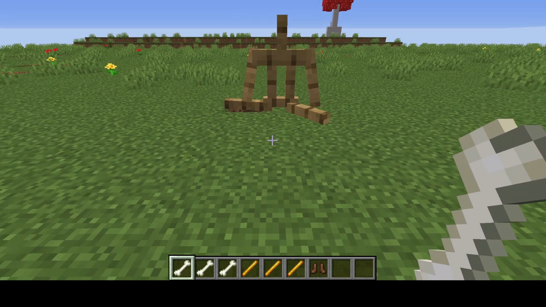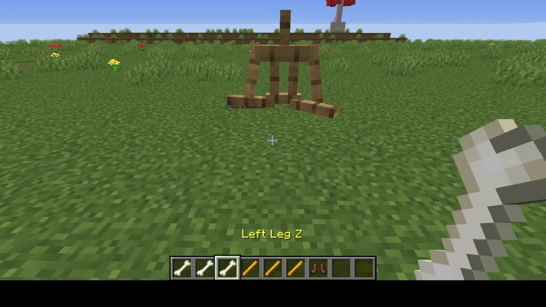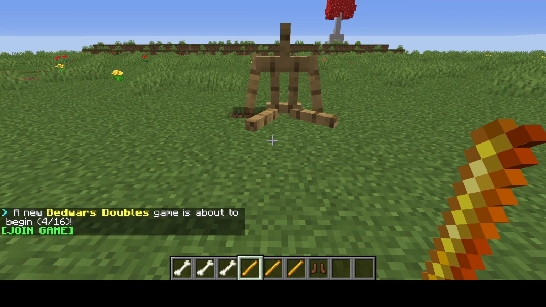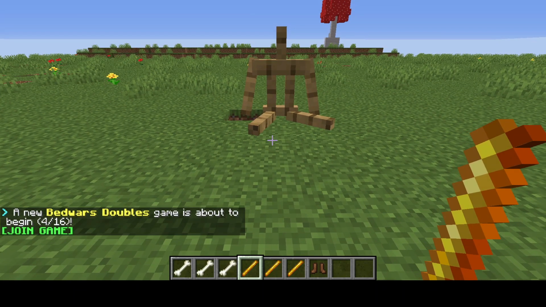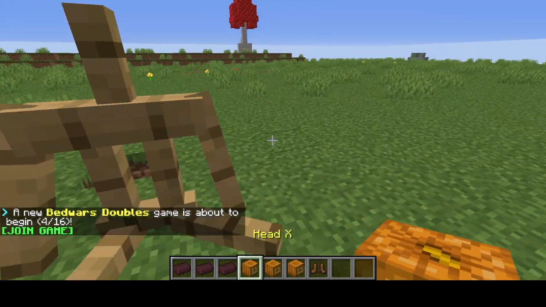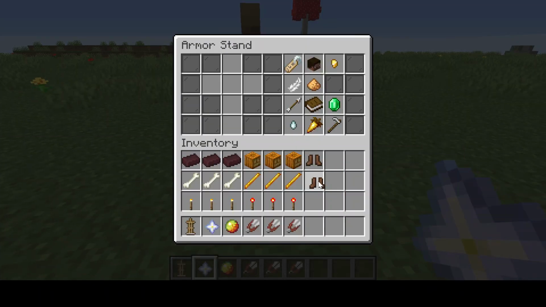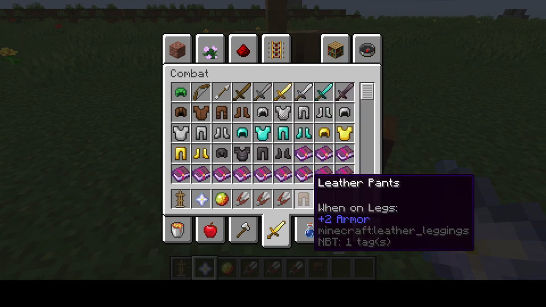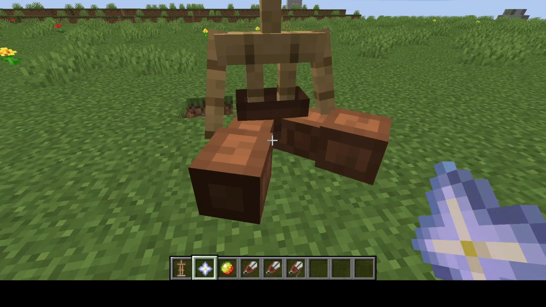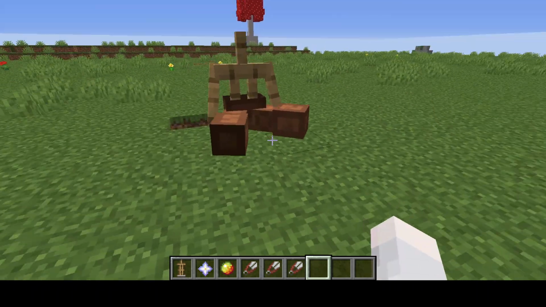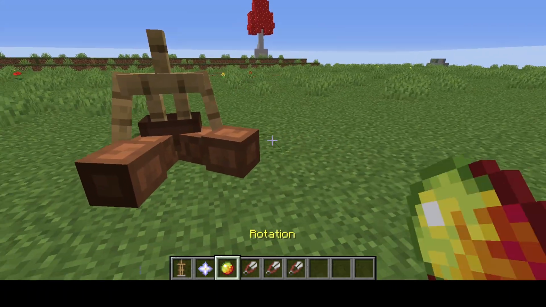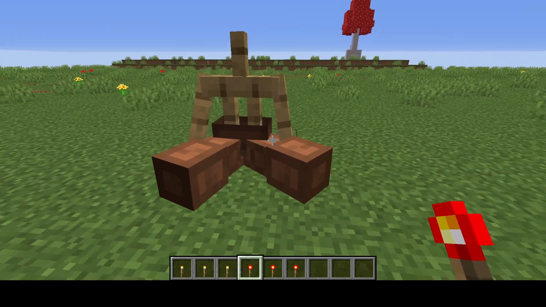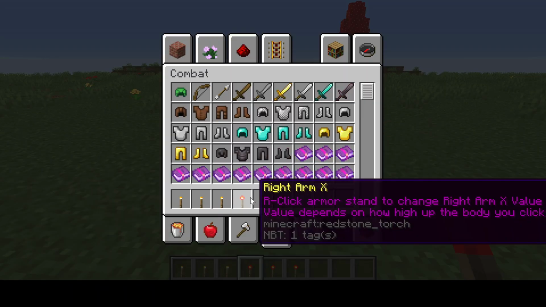I'm personally going to have it like this. Take your left leg right and do the same thing. And there you have a sitting position. And when you put the boots on it and leggings, they'll both work fine, like it just sat down. That's a sitting position. And then another useful trick that I do to make it look like it's relaxing, I take my